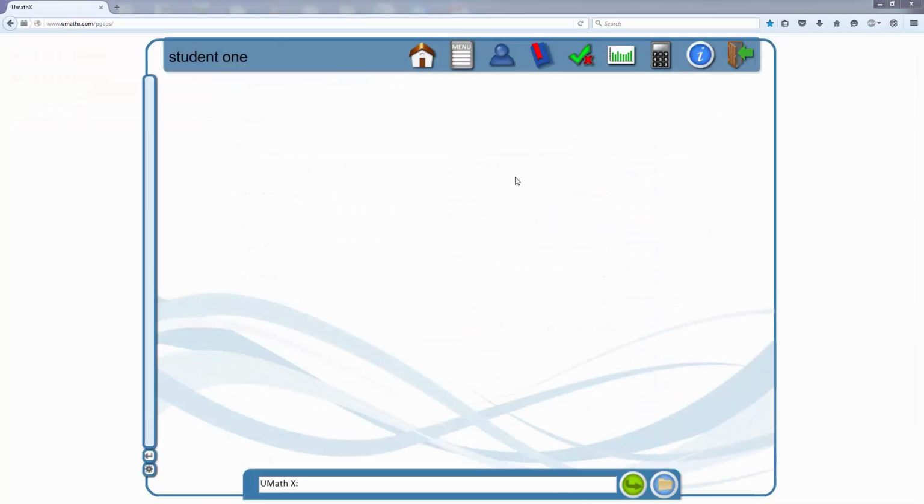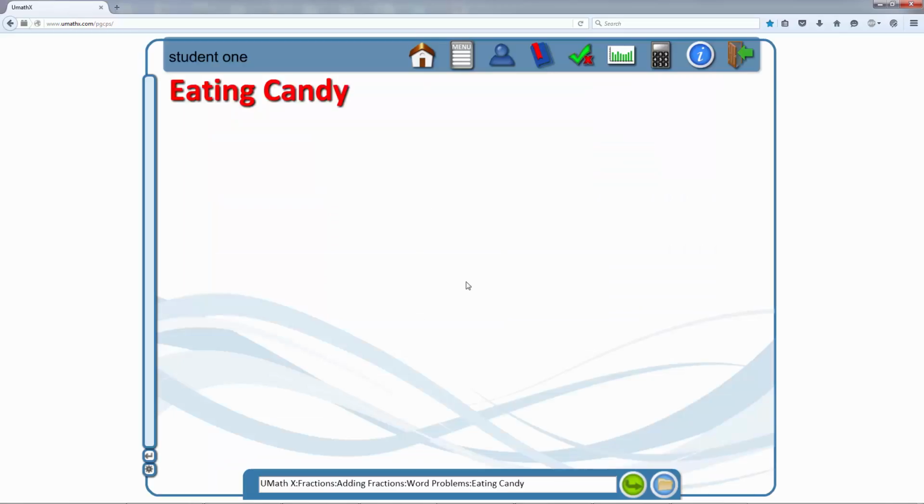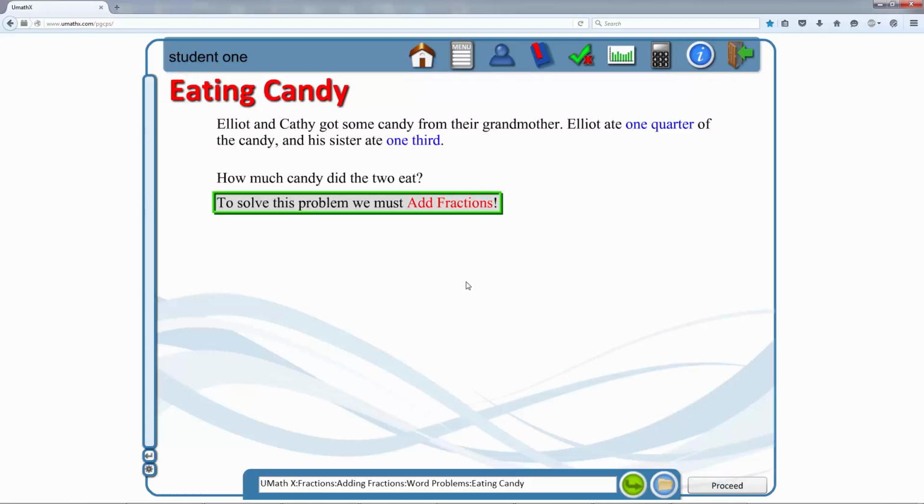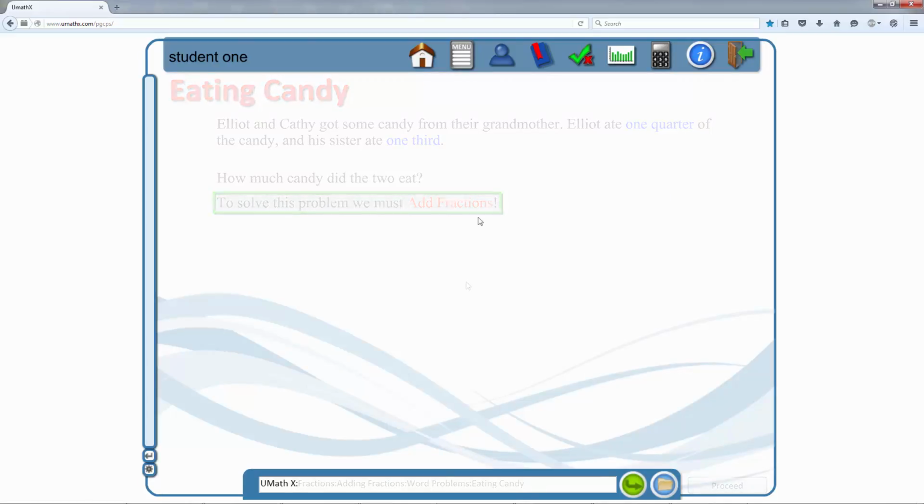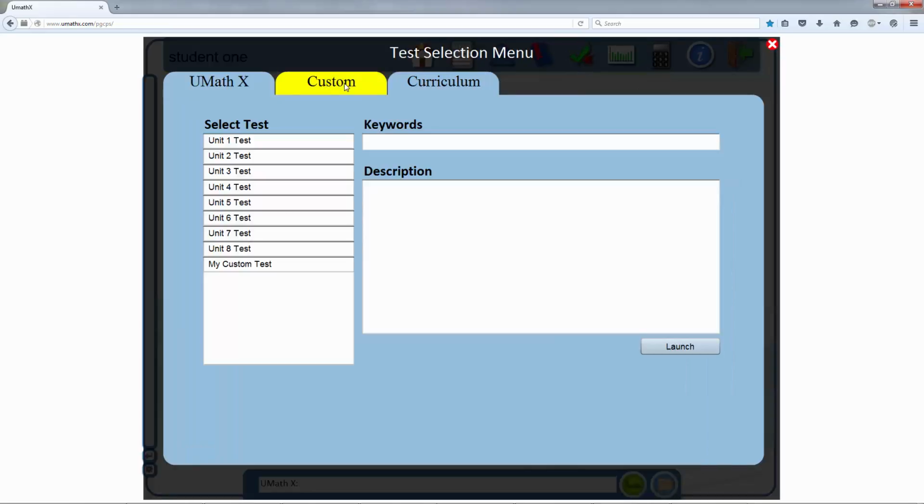We can also launch the desired lesson using the bookmark feature. This is done by returning to the home screen, clicking the bookmark icon, and selecting the bookmark from the list. Now we'll look at how a student would access a test and then review the results. For Prince George's County, we have created 8 custom unit tests for 5th grade to be used as pre-test and post-test. So, to begin, we click the Test icon, then the Custom tab, then choose the desired test and click